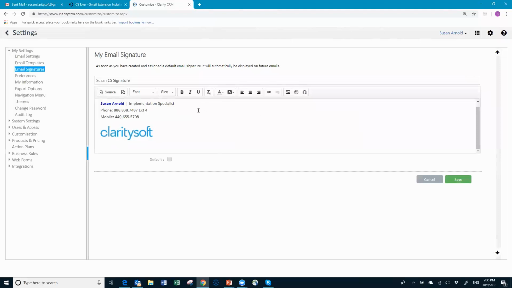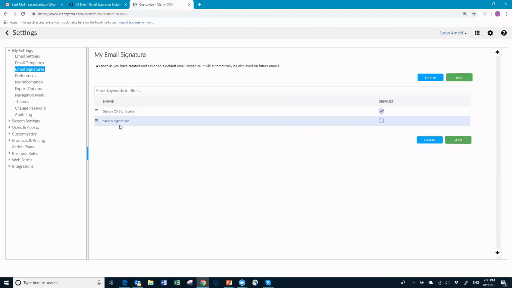Once you've got it done, if you click in this default, that means that when you open a new blank email to send, it automatically will put this signature in. And so then I can click Save. I now have that. So if I go back